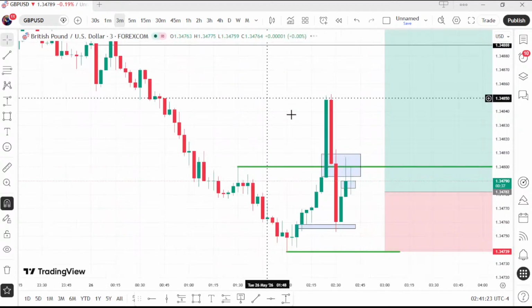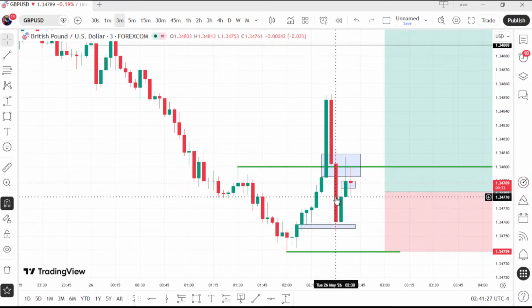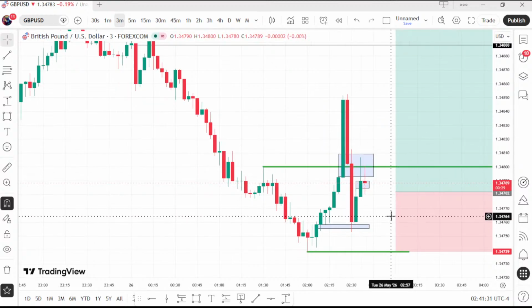In the 3-minute, price has dissipated that fair value gap. That's a good sign, but I want to see price go up high. If it doesn't,